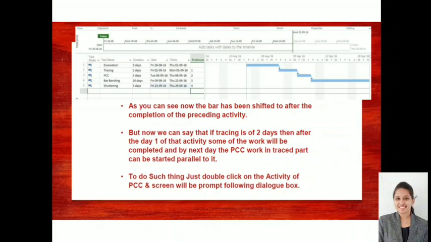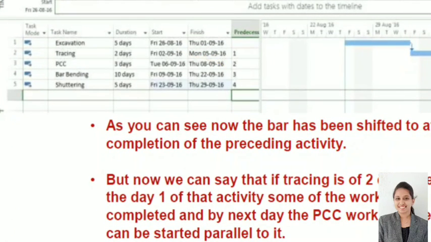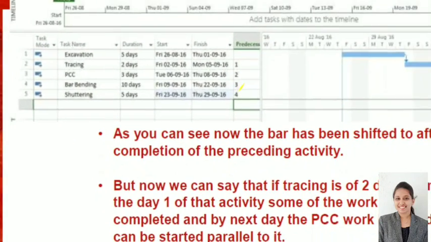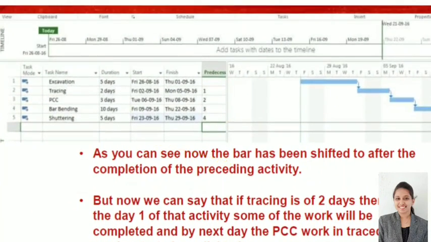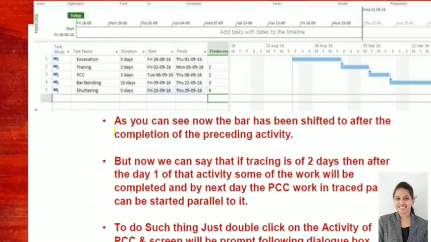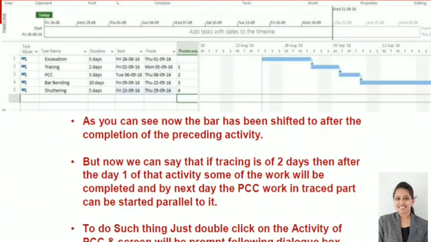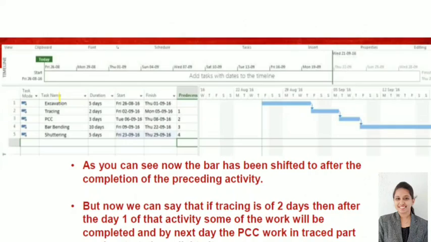Okay, so here you can see the practical example that I have explained. It is a little blurred because it's a screenshot. So what I have done here, I have named various activities.